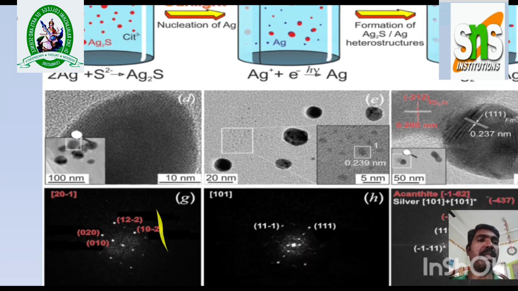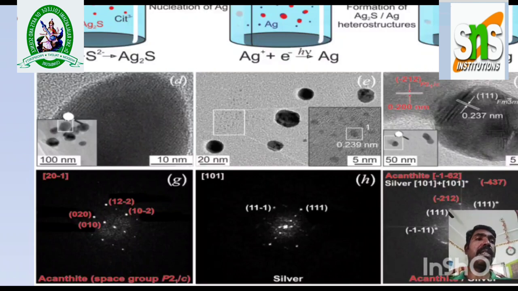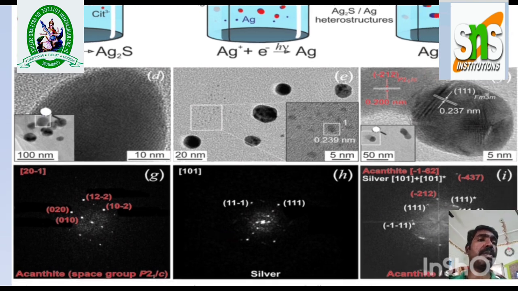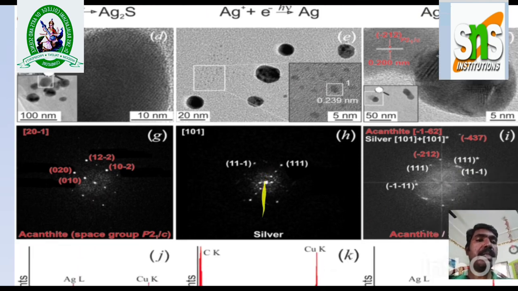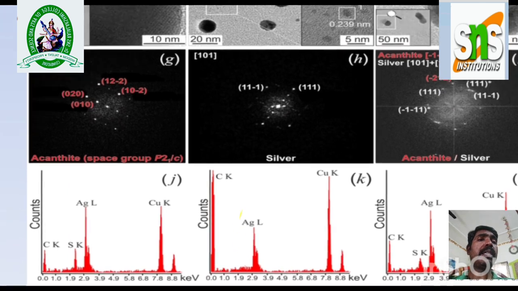Those types of things are in diagram D. Okay, in the image D. First we are going to take 100 nanometer, and then 20 nanometer and then 50 nanometer. In that we are able to see the formation of molecules. Okay, right? So the formation of the molecule in what structure and in what surface morphology the formation of AgS is made. Okay, and then in the image F,